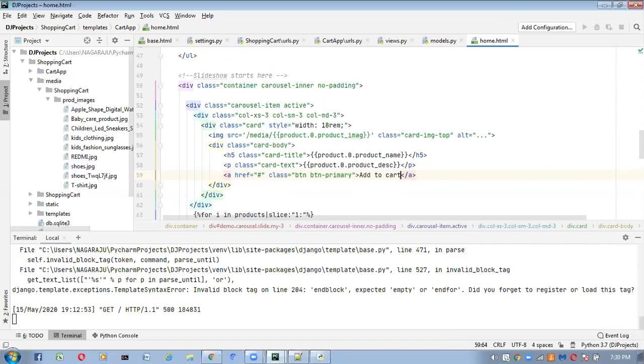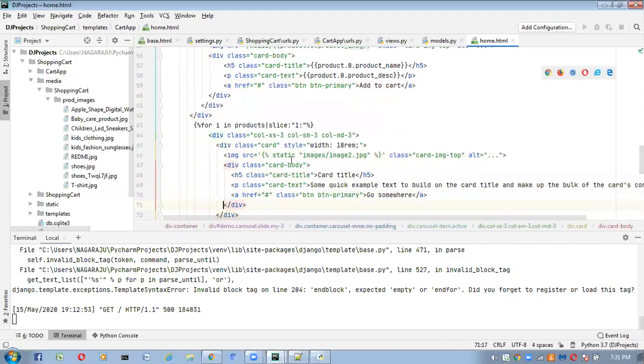Now save this one up to here. Next, inside this for loop, same we have to take here the image you want to get. For the image we have to take slash media.